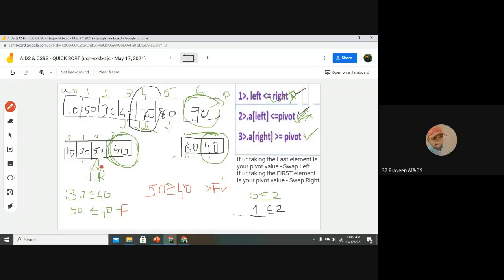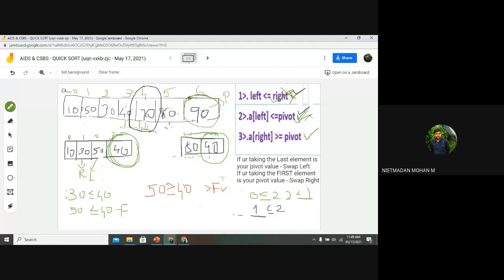True. So again, what if the condition is true? Again, I want to move this right one step backward, right? Yes, sir. Now this will become your right. And now you can check the condition. 2 is less than or equal to 1. The condition will be false. If it is false, you want to stop that process.